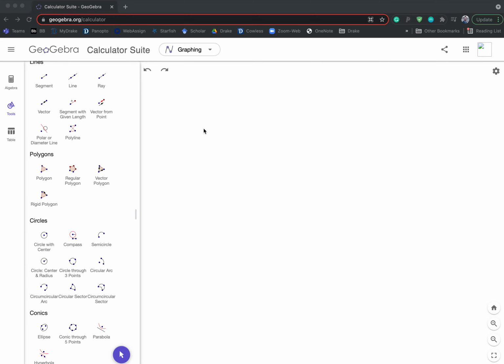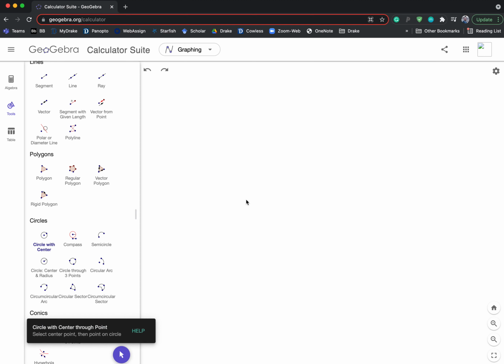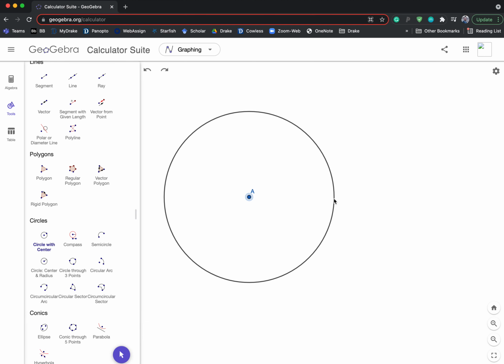In this video, I will be showing two ways of constructing a kite on GeoGebra. The first way of doing it is you can always start with circles. So all you need is to construct a circle with a radius b, and then we're gonna move this point